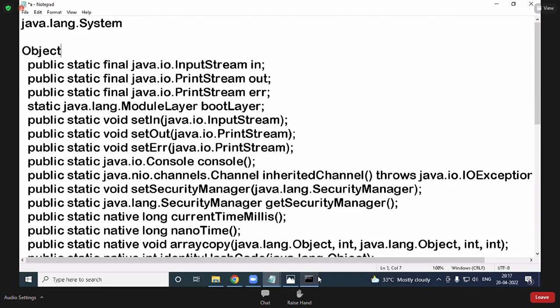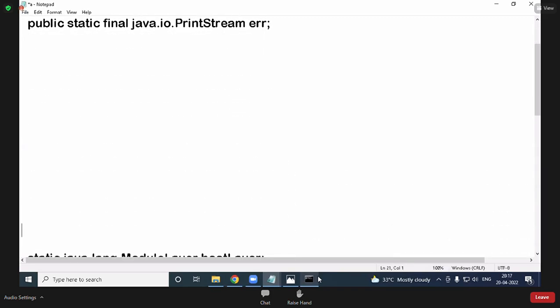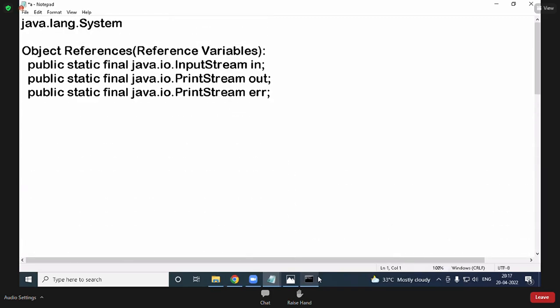Object references or reference variables. Write all these. First write, I'll explain.